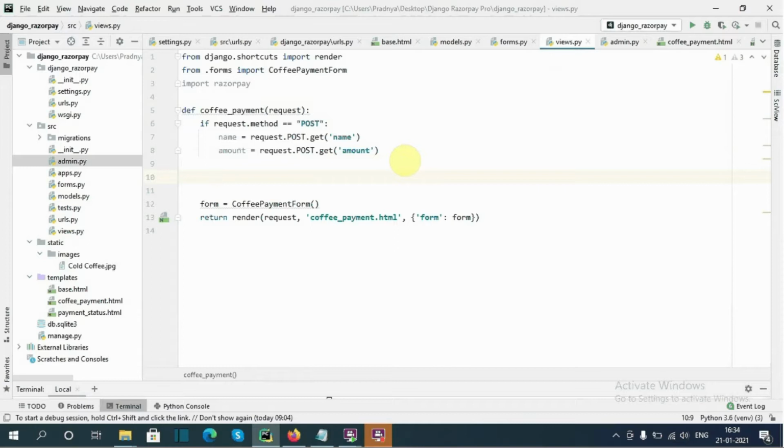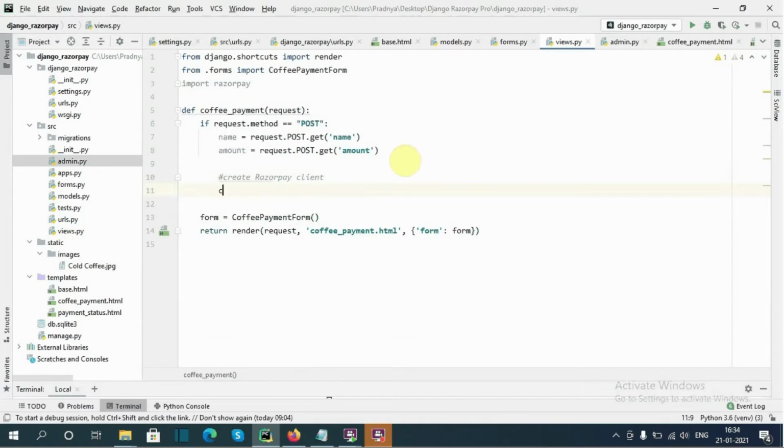According to that, first we need to create a Razorpay client using our API credentials. So here I will type create Razorpay client equals razorpay.Client(auth=()).